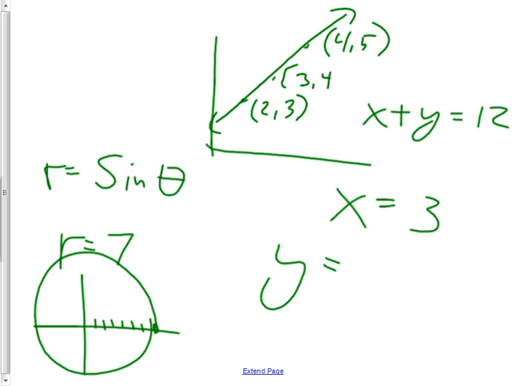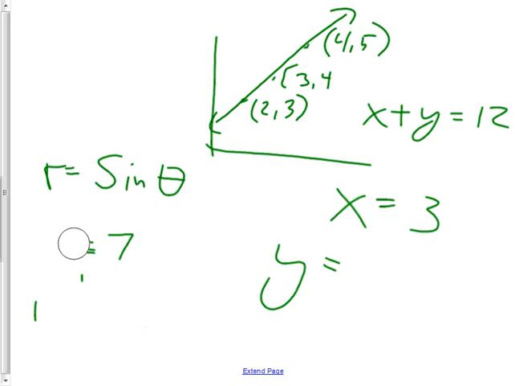Now, I'd like you to just think about this a little further. Do you remember that r squared was equal to something? X squared plus y squared, right? Remember that other sheet we just had up 2 seconds ago? X squared plus y squared is equal to r squared. All right. If you're having trouble with your memory, it might have something to do with this. If the radius is 7, and seconds ago I told you that x squared plus y squared is equal to r squared,